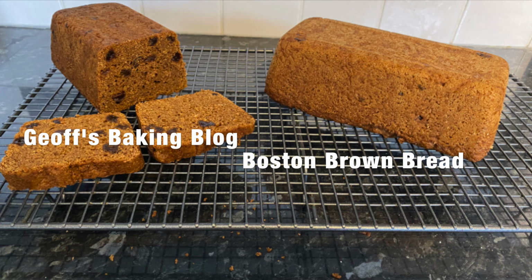Today I'm going to make Boston brown bread. Now that's Boston in Massachusetts rather than Boston in Lincolnshire in England. And this is a very old-fashioned bread which can these days, I understand, be bought in a tin ready to bake. And traditionally the Boston brown bread was steamed in a 1 pound coffee can, so a can that had ground coffee or something in it, and these days many people use a 28-ounce